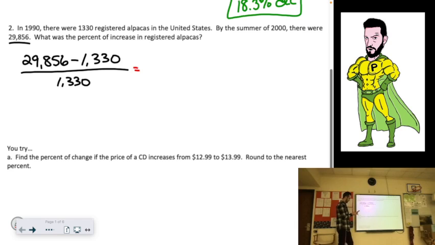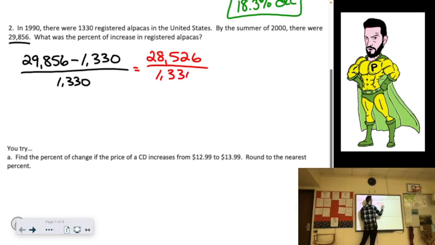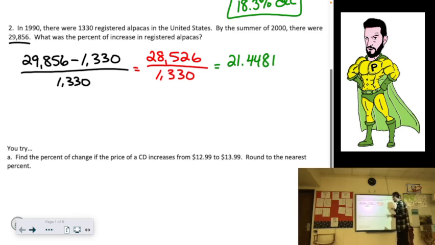29,856 minus 1,330 is 28,526. We're going to divide that by the 1,330. We get 21.4481. Now, some people would look at that and be like, great, it went up 21.4%. But we did not move the decimal yet. You still have to move the decimal 2 places to the right, which would make this